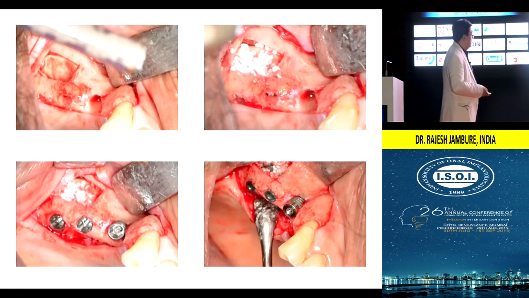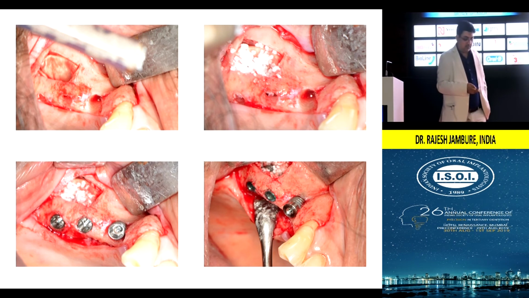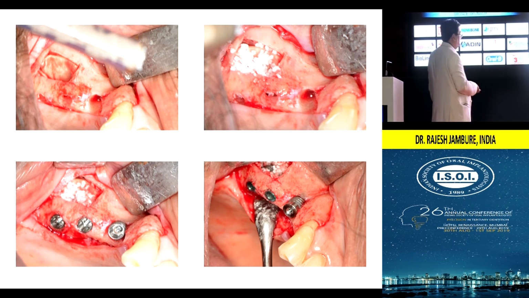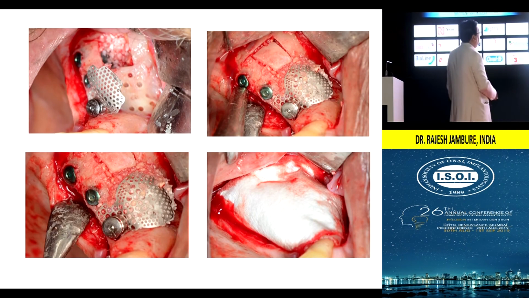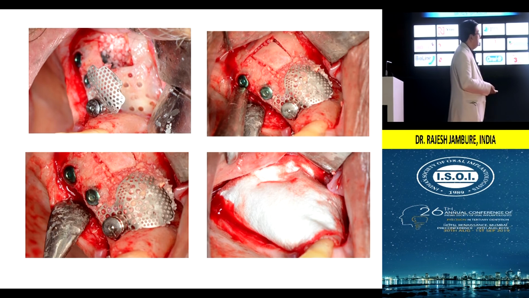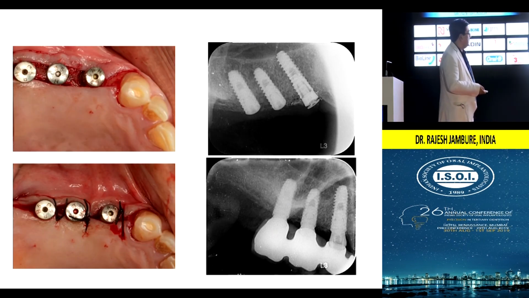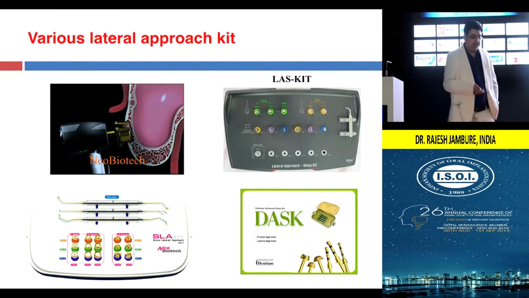So I placed 3 implants, and I did some grafting and GBR here, because with this implant there was comparatively a loss of the buccal bone here. You can even see the defect here, particularly in that region. So I grafted, and I used this Osbuilder for maintaining that, which is a kind of titanium mesh only. And finally, this is after implant placement. So this is how we do this.